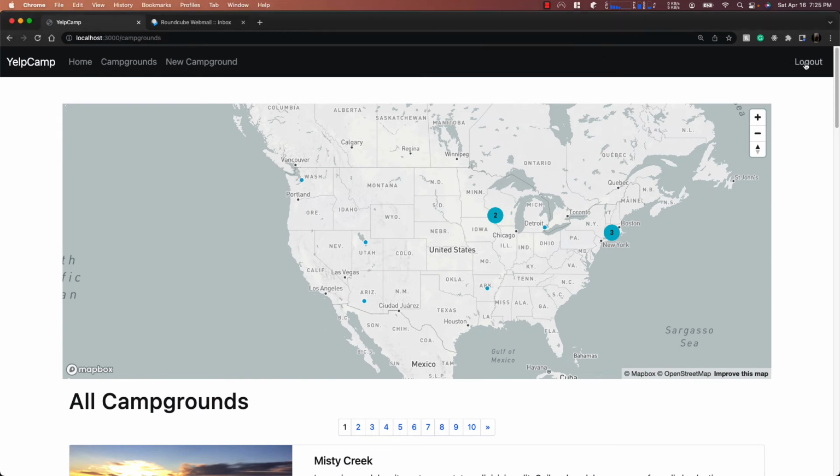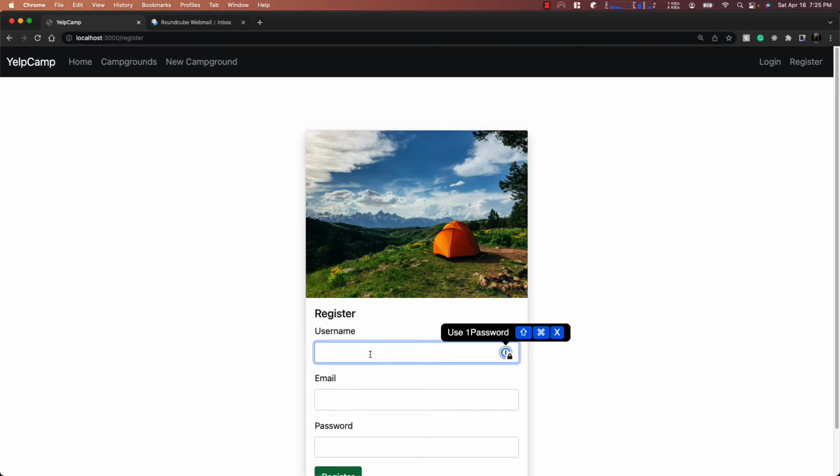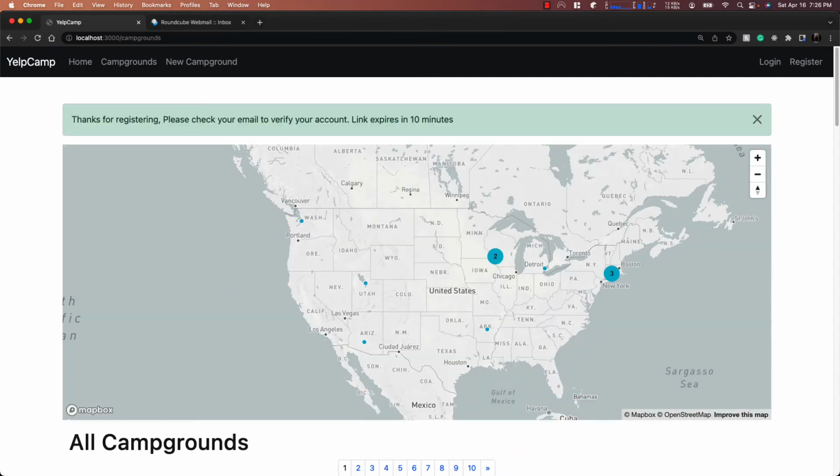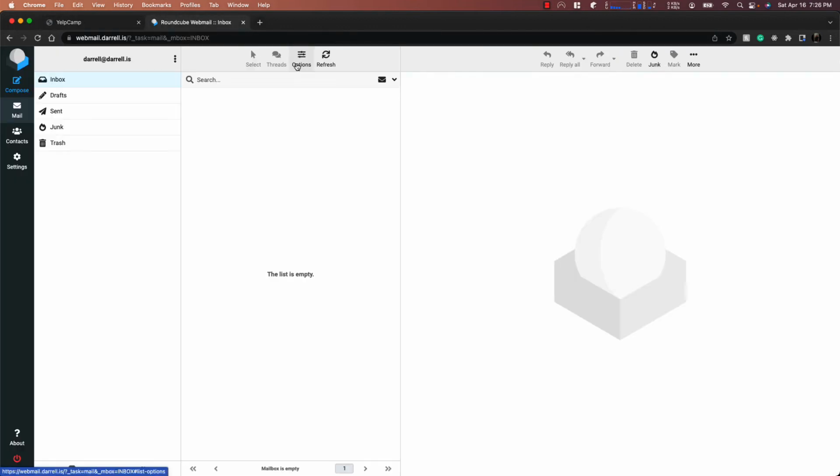So now we're logged out. I refreshed just to make sure it was clear. We're going to go here, and I'm just going to go ahead and type in my information. Hit enter. Alright, and it says thanks for registering. Please check your email to verify your account. The link expires in 10 minutes. So I'll refresh. I've got my